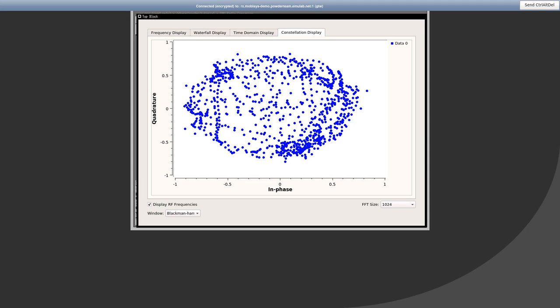I don't have time to present further details now, but there are all kinds of things you could extend this basic experiment to do. One fact I want to emphasize is that Powder aims to support experimentation in a variety of environments, and with appropriate tweaks, this PSK demonstration could work equally well in a purely simulated environment, in an isolated RF environment fully under experimenter control, and in a real-world outdoor environment subject to all the inevitable mobility and